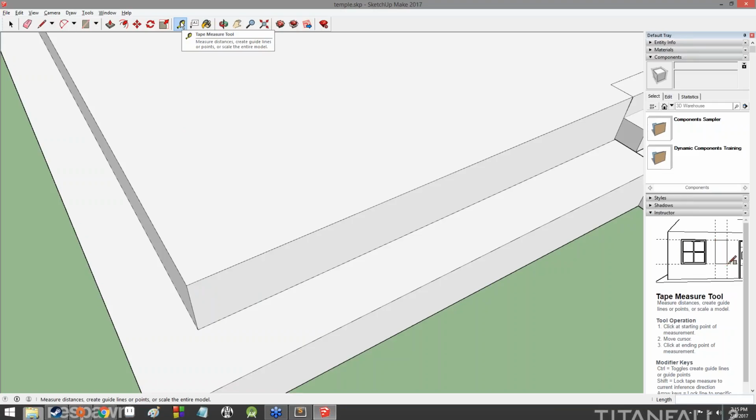I'm going to show you one of the other features of the tape measure tool. You can start down here at the end point, right? If you put the edge of the tape measure against it, you get the little green circle letting you know that you're at the corner. And you can just click and move it upwards. And instead of clicking again, if you just take your hand off the mouse, type 6, and then hit enter,